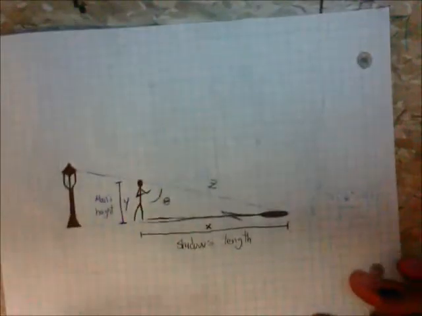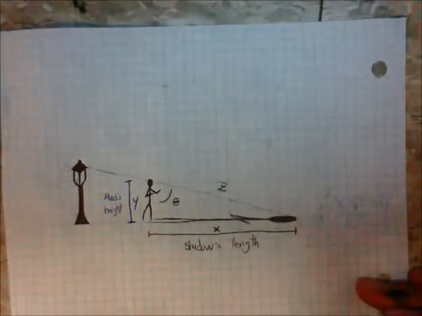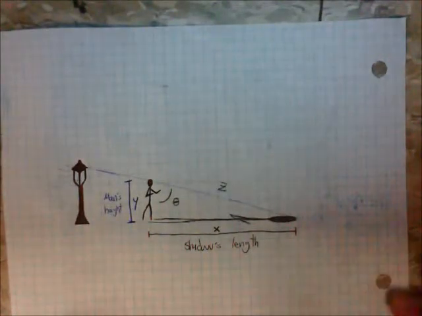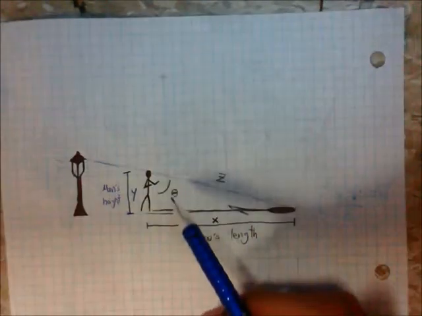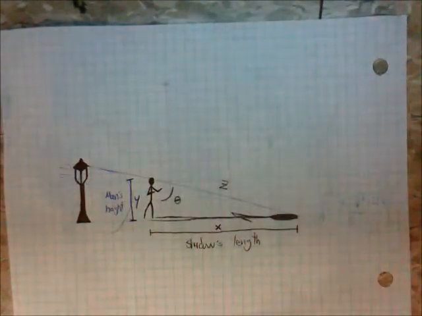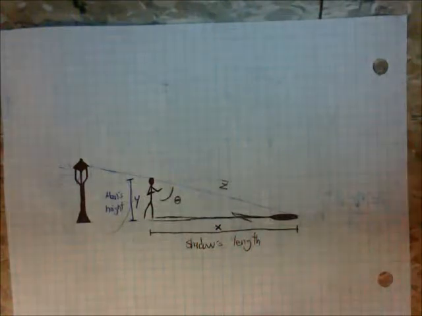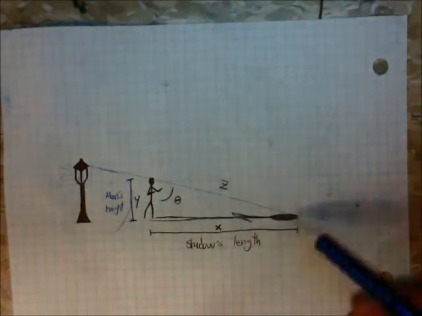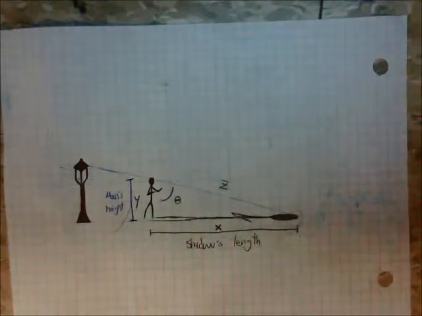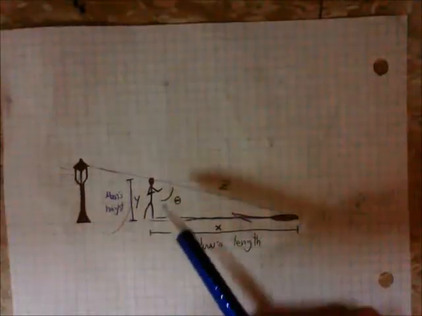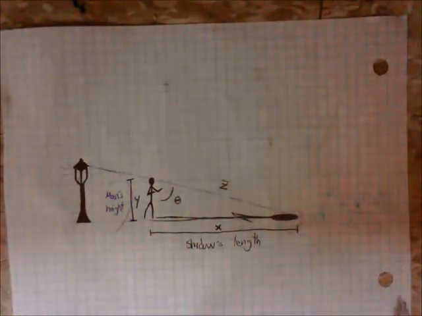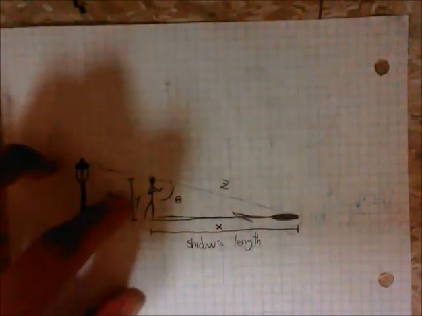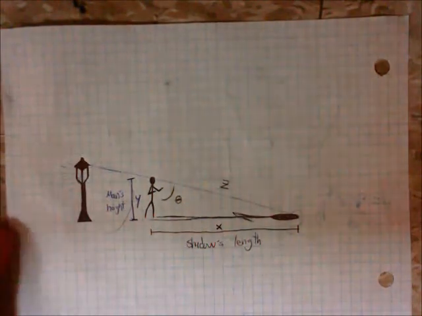Then there's a couple of other problems, such as this shadow problem. It deals with angles, so you just have to realize that what's in blue here, the man's height, that's constant. The man is always measuring the same, and what changes is the shadow length. So they are asking you to find the speed that the tip of the shadow is moving. So you pretty much deal with d theta/dt and dx/dt,